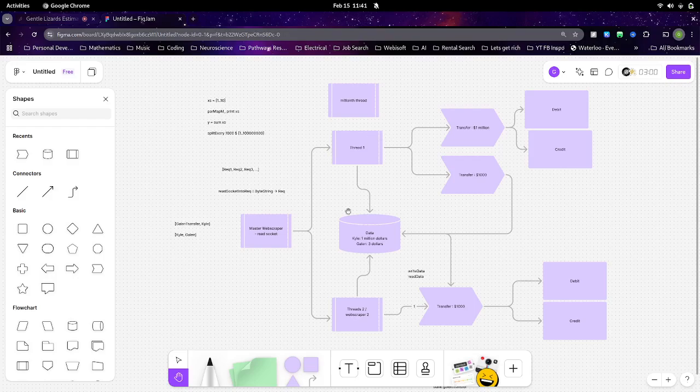So thread one might have started a second prior to thread two, but if it has some pre-checks it needs to do before changing the data, then thread two is going to affect the data first. And so it's not guaranteed that just because my thread came in second, it will succeed, right?